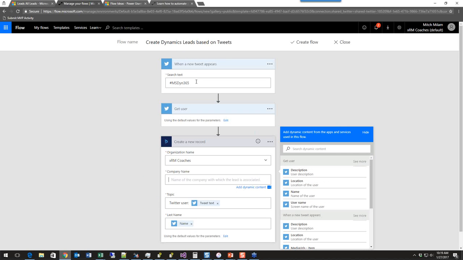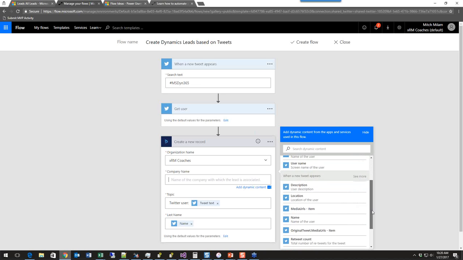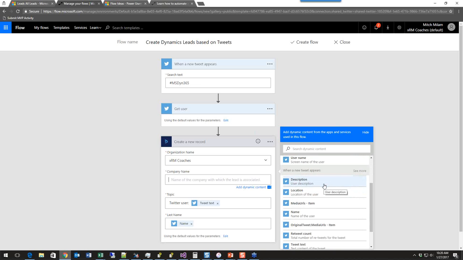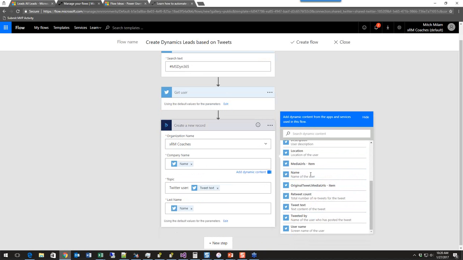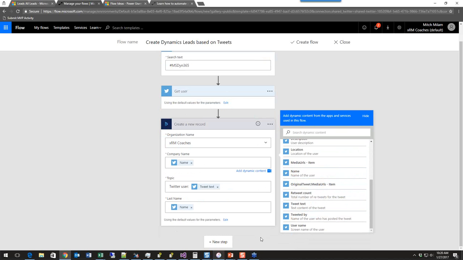So I'm going to do a search for MS Dyn 365, and that is going to return back the description of the user, the location of the user, the name of the user, etc. I'm going to take the name of the user and add that as the company name. Then the topic is Twitter user, and the last name is the name, because I think the name is technically the full name of the user. I don't think Twitter actually specifies a first and last name, so that's going to take a little bit of work. And with this, we're